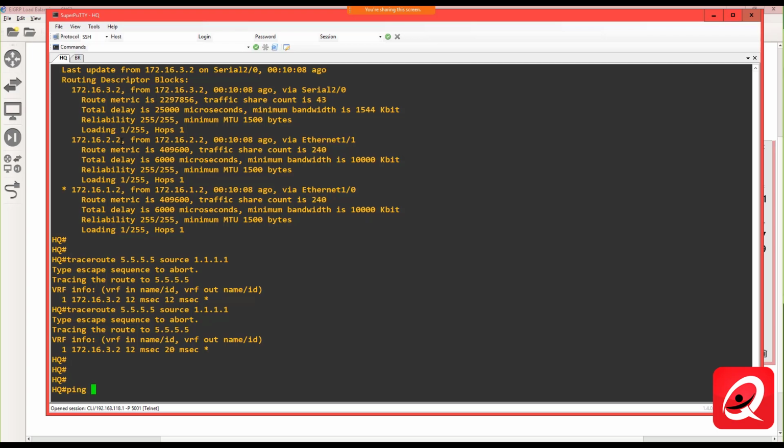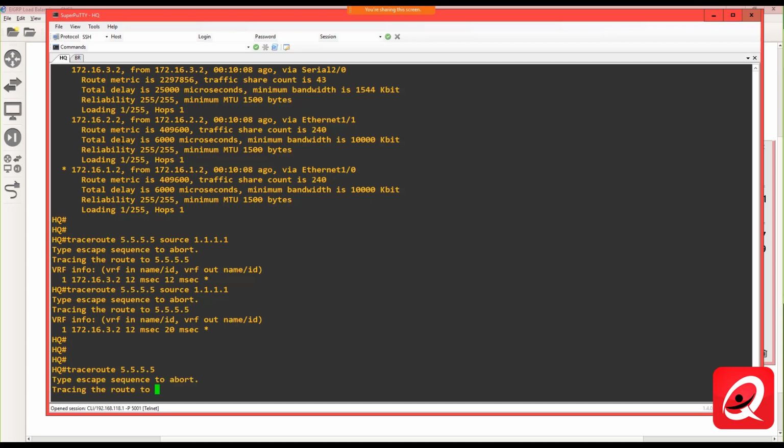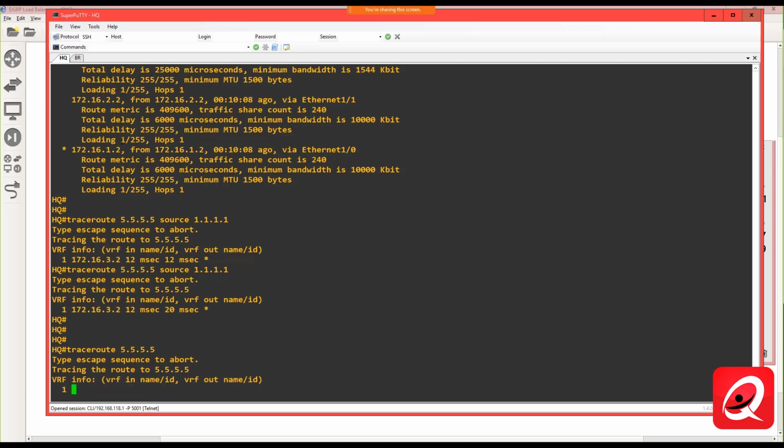Actually, let me do this. Trace route 5.5.5.5 without the source address. The source address, if I'm sourcing it from 1.1.1.1, it's simulating packets flowing through the router. And what I'm trying to demonstrate here, I may fail miserably, but what I'm actually trying to demonstrate here is